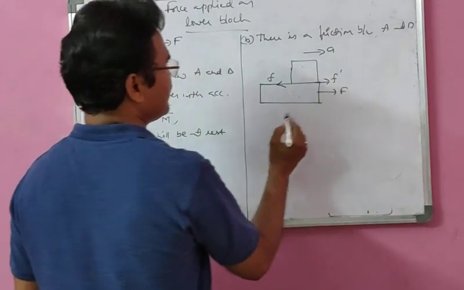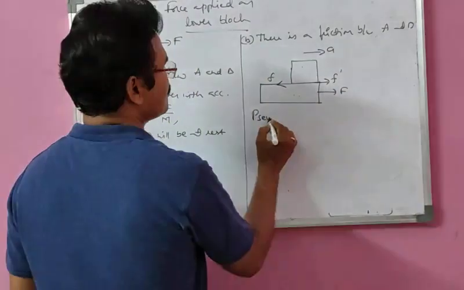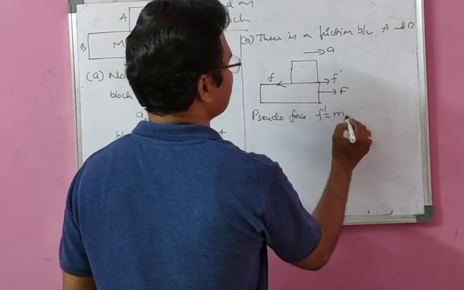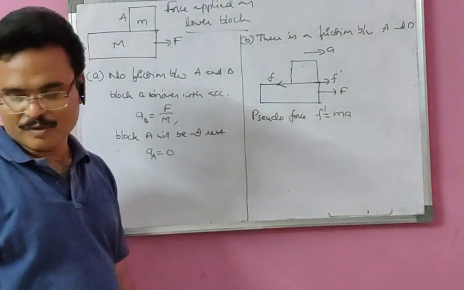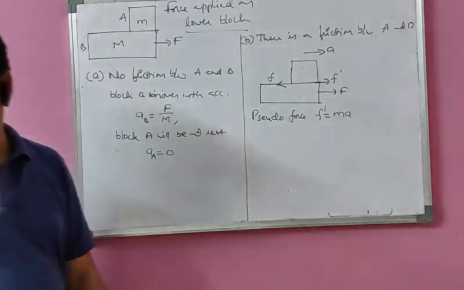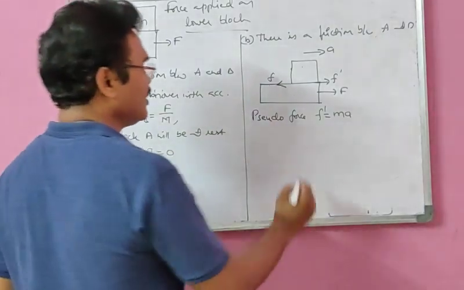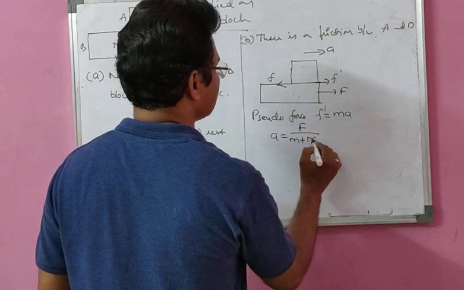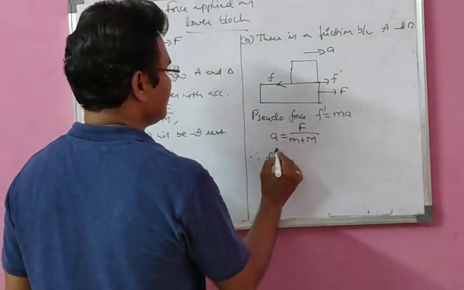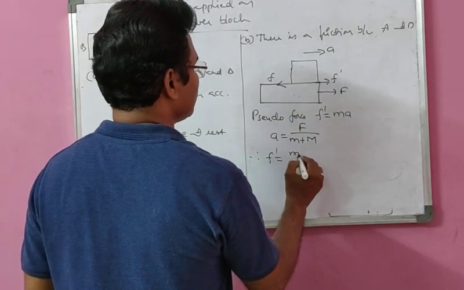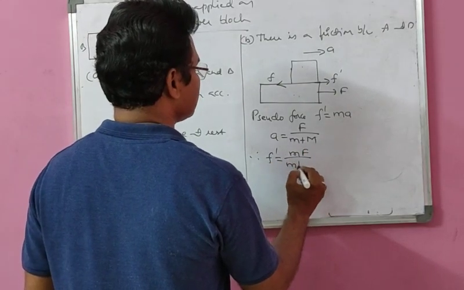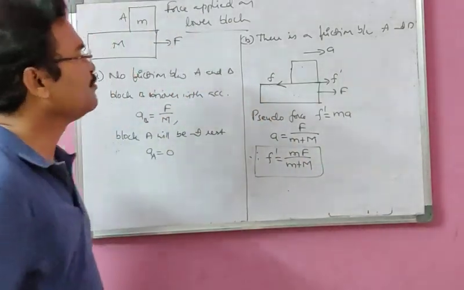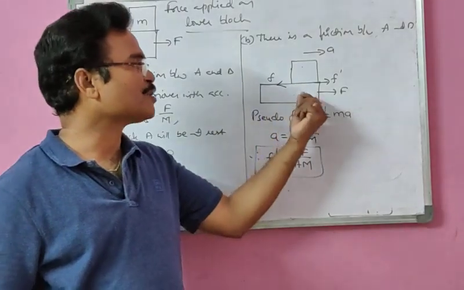Then the pseudo force I can write, F dash equal to M A, and because they are moving combinedly, what we can write here: A equal to total force by total mass, M plus M. Therefore F dash value I'm going to get is MF by M plus M. So this is the pseudo force acting on the upper block, which is making both blocks move together